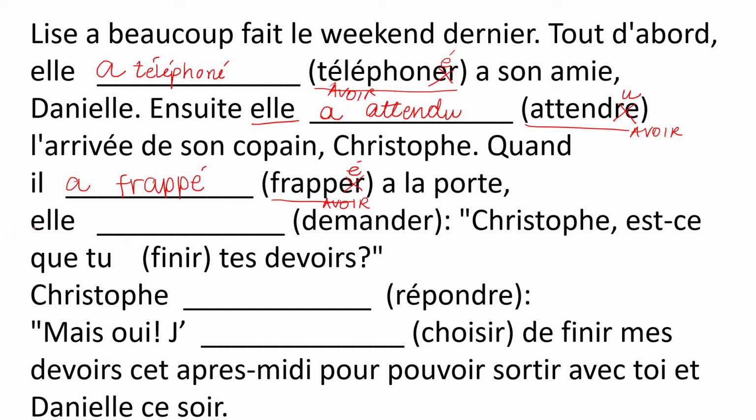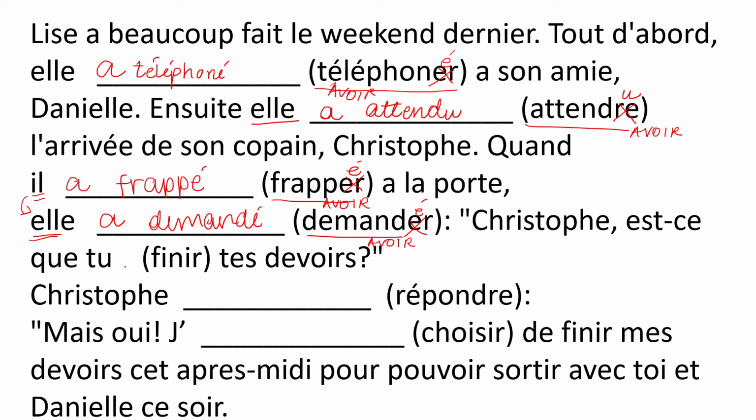elle. Now the subject has changed from il to elle. Okay, this is Christophe here. This is Lise here. Okay, so elle. Now you have to put demander into the passé composé. Again, it will go with avoir. It's not Dr. Mrs. Vandertramp. So avoir for elle is a. Demander is again normal ER. So you have to put E accent. It becomes a demandé. Quand il a frappé à la porte, elle a demandé. When he knocked at the door, she asked, Christophe, est-ce que tu